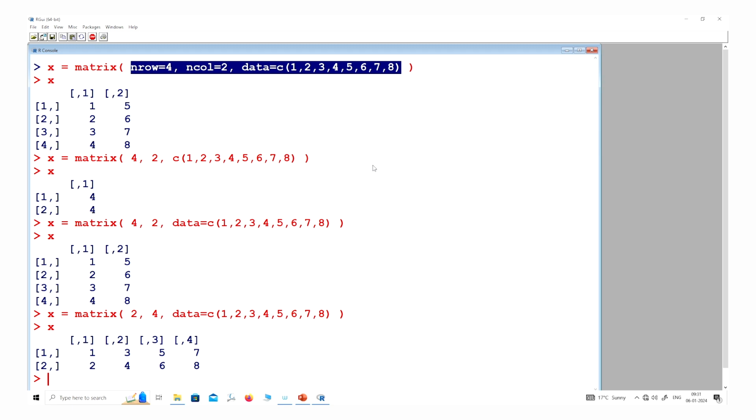Okay, so now we come to an end of this lecture, and you can see here I have taken very simple topics, and my objective was to introduce you and make you familiar with matrices in R software, and how you are going to handle them.